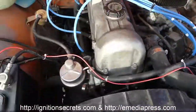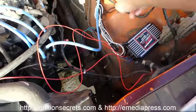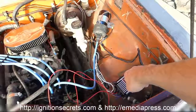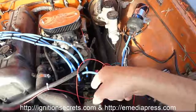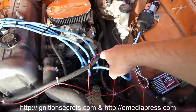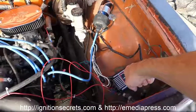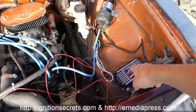I'm going to bypass these cables, and I'm going to connect from the capacitor positive, which is still going to be dumping to the ignition coil. Normal old school CDIs were one capacitive discharge per trigger, which means each time the car needed a spark at the plug, it would discharge a capacitor one single time, and that was it. But with the multiple spark discharge, the circuit in here is quite a bit more sophisticated and